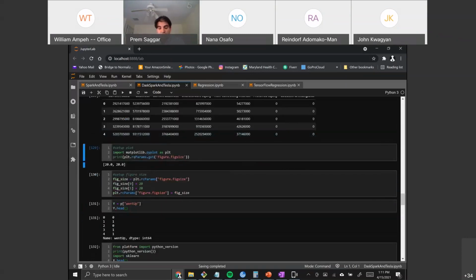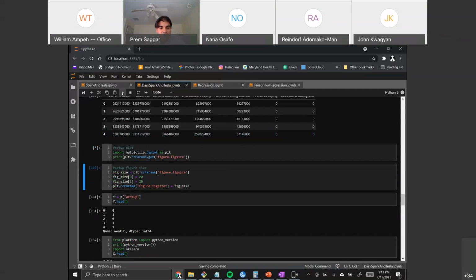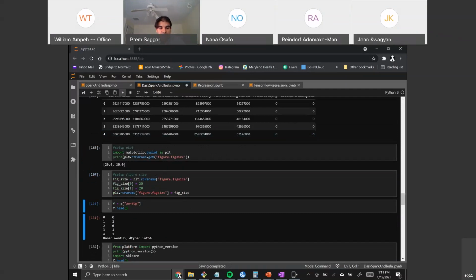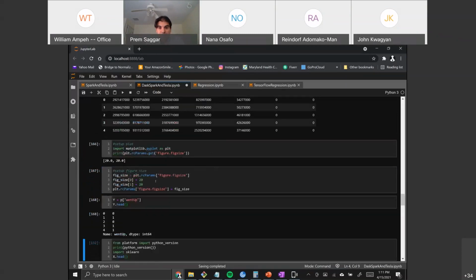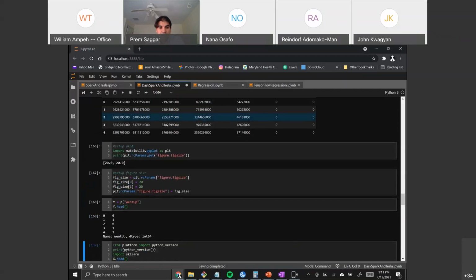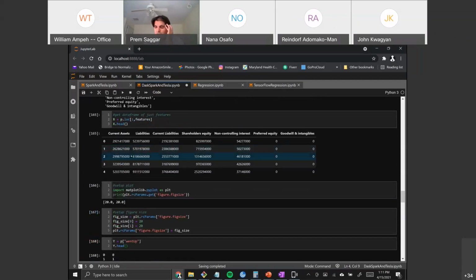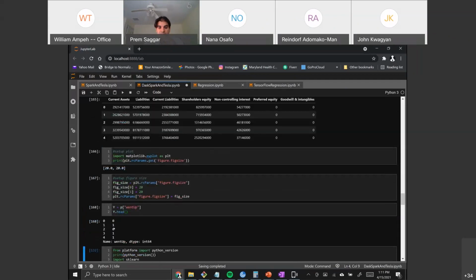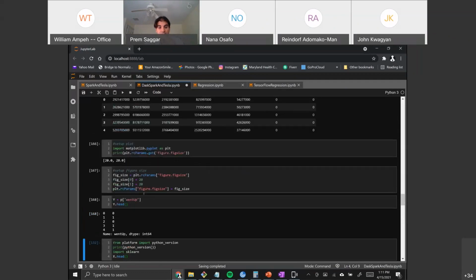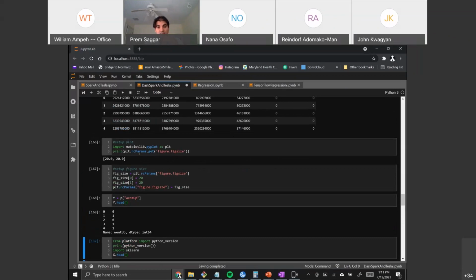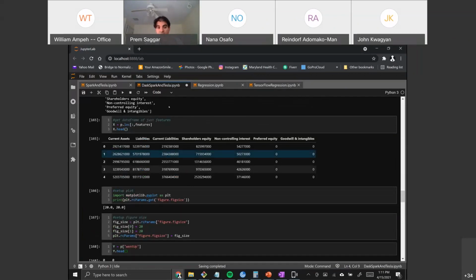And the decision tree will find it for us. Some bookkeeping for figure size, more bookkeeping for figure size, just setting it up to be large enough. And here are the labels for Y. So down, up, up. So these map to this. What's going to happen is the decision tree is going to go through each of these combinations and ask which one of these factors best predicts this. Is it that every time current assets is something, it's up or down? Is it every time that liabilities is something? It's probably not every time, but there'll be one of these that is a better predictor than others. It'll choose that, and then it'll continue to narrow down the next variable and the next variable until we end up with